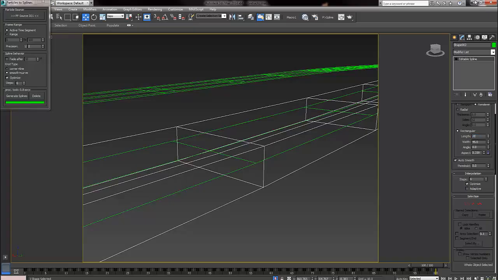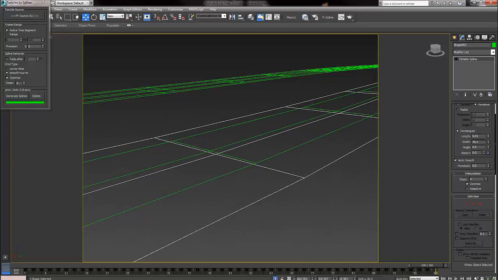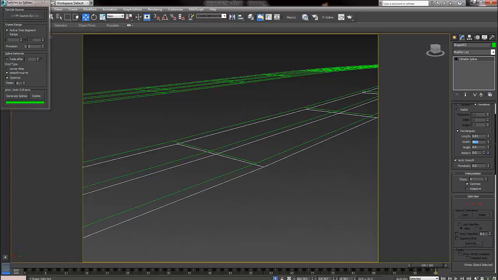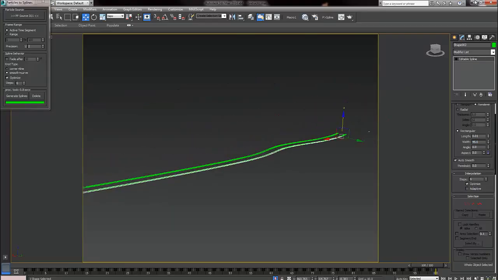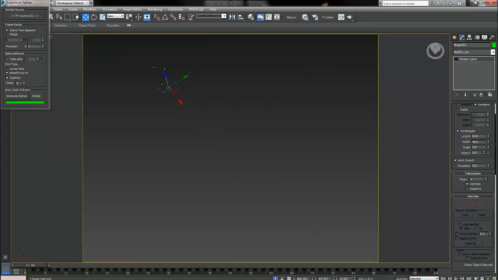Let's put it back. And this one here, you're gonna change the height, the width. So 45. And really, this is it. You got your tracks already generated. So if I hit play now,